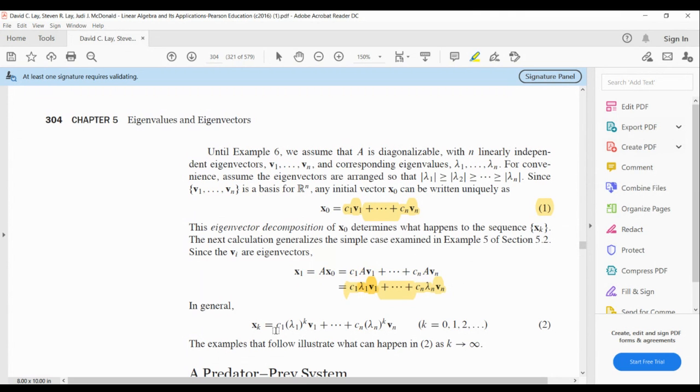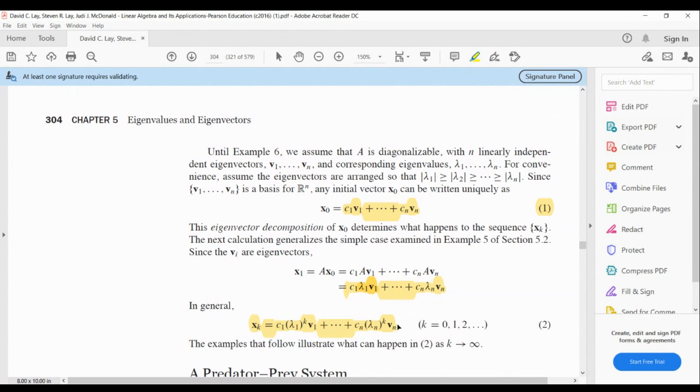In general, let me ask you, if you had x2, what would x2 equal? X2 would equal A times x1, and that would be C1 times lambda 1 squared times V1 plus C2 times lambda 2 squared times V2, and so forth. So in general,